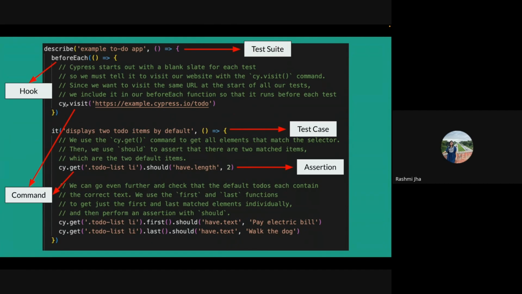Coming to the commands, you can see cy.visit and cy.get here. To visit the URL, we use cy.visit, and cy.get is used to get the web element. We will be learning more about commands in our upcoming slides. Also, you can see I have used .should as an assertion, like the web element should have length of 2. We will again learn about assertions in our next slide.